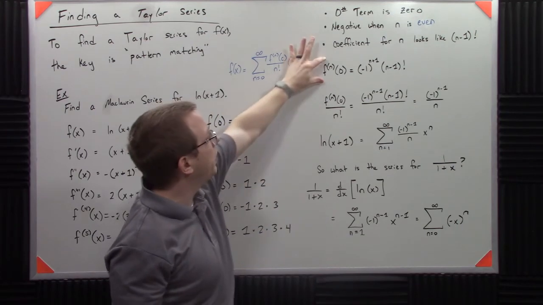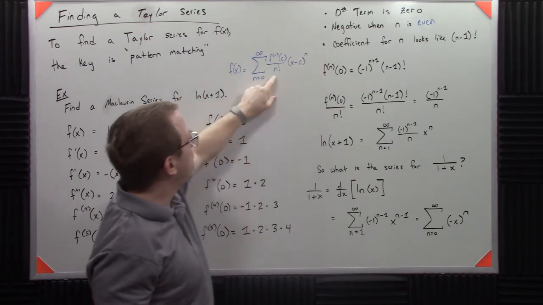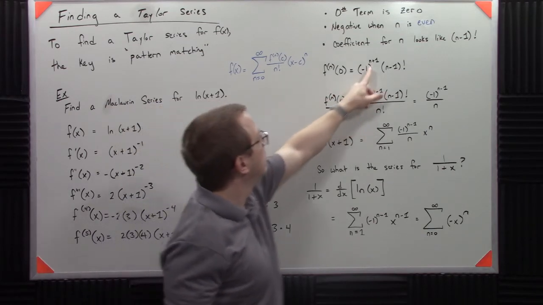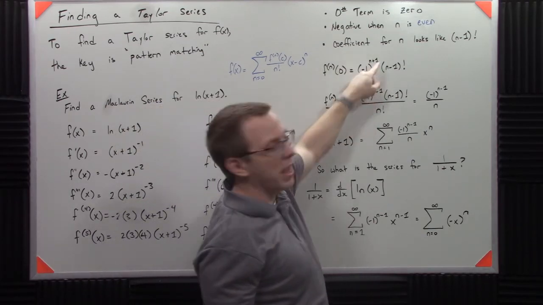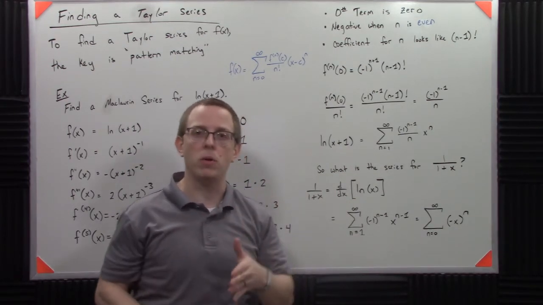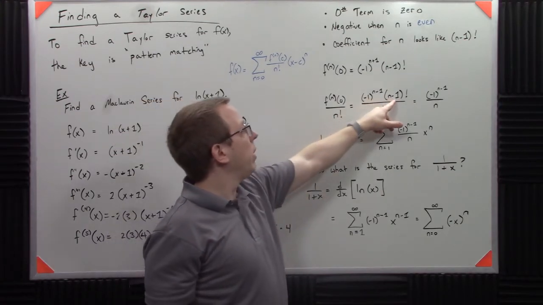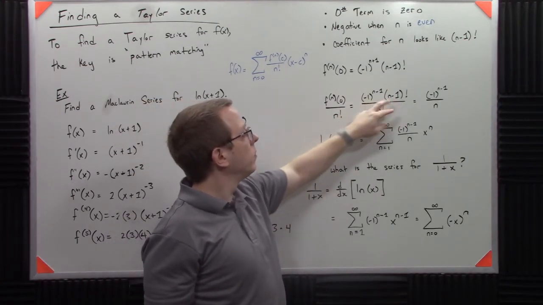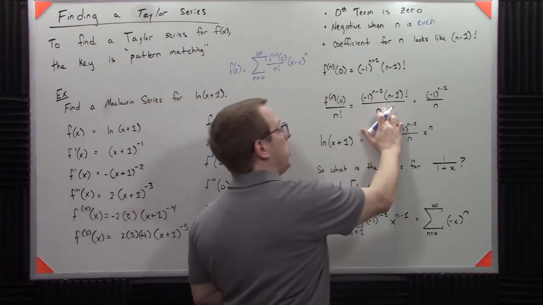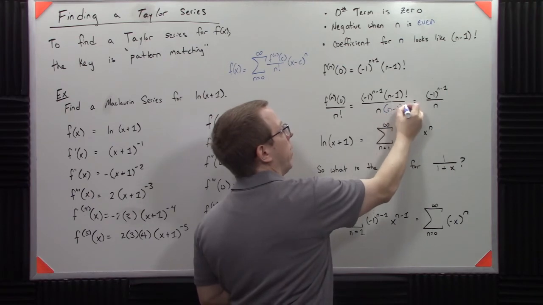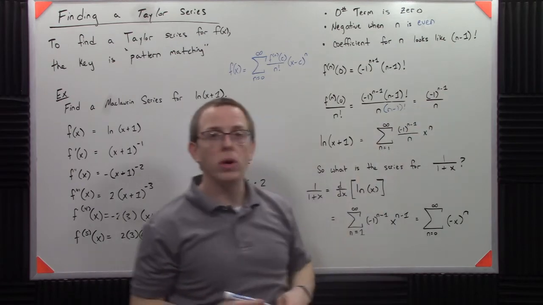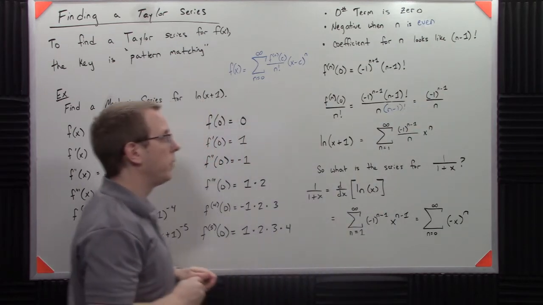So that tells me what this term is, but I really need it to be divided by n factorial, so I do that. Now when I plug that in, I have n minus 1 here when I had n plus 1 here. They're really the same thing because they would have the same behavior, so I apologize for that. But I have n minus 1 factorial over n factorial. Well, we know that n factorial splits into n times n minus 1 factorial. So the factorial pieces cancel, so I get negative 1 to the n minus 1 over n, which tells me